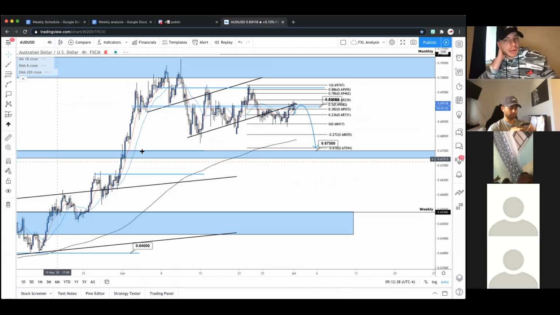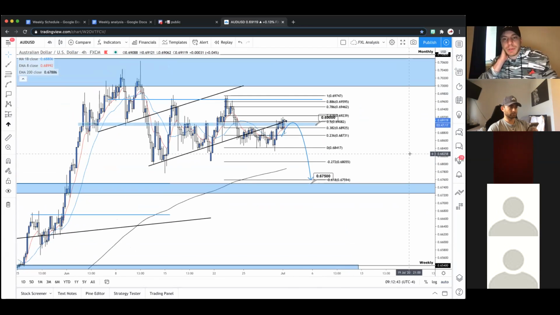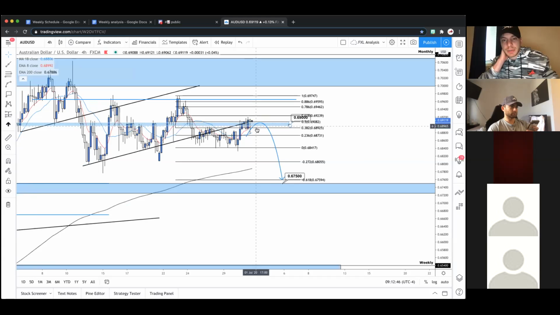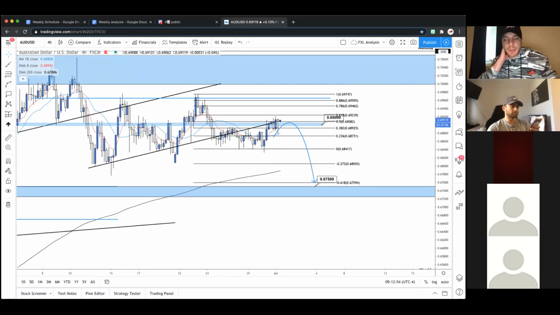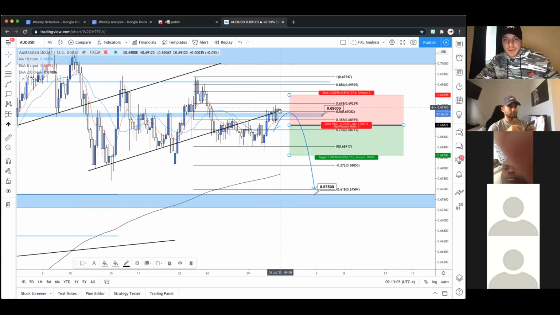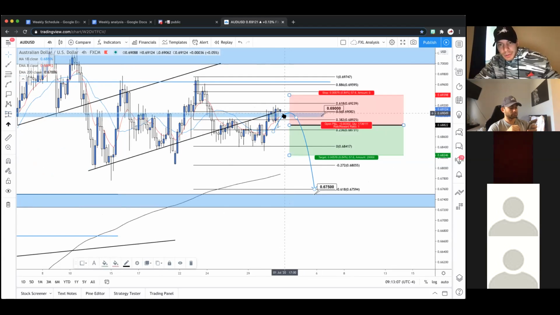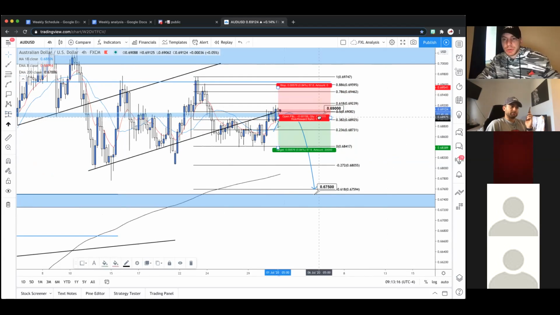We can drop to the 4-hour now. Check out current price action. So yeah, we're going sideways here. There is a short opportunity here, if we do get some nice bearish setups off this resistance around 0.69, crossing through these MAs. That would be a really nice entry, a potential short opportunity. Let me show you what it would look like. But it's gotta be a very strong bearish setup that pushes through these MAs. You can't just have a couple little engulfings up here. This thing has to be a pretty powerful move, rejecting from the 0.69 handle to give us confidence that this is going to drop. So essentially, this is what this trade would look like.